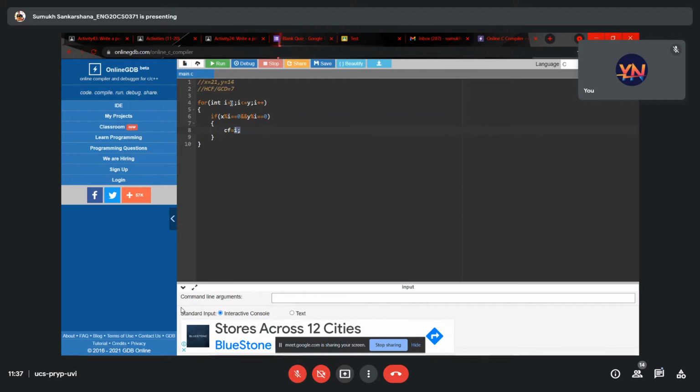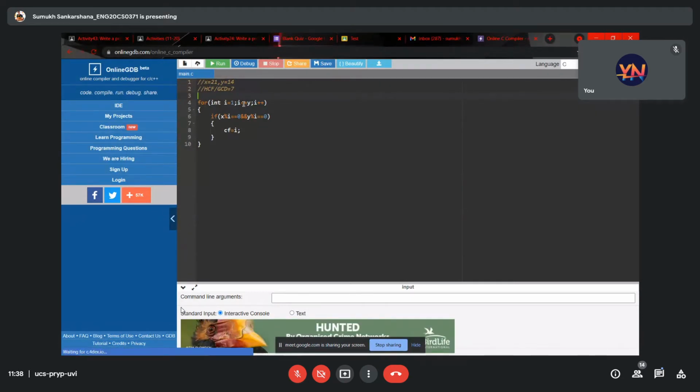You can do this in two ways. You can reduce the number of iterations by starting from 2 and initializing CF as 1, because we know every number is divisible by 1. You can do that, or you can just do this. It's going to be the same. And one more thing: since we always have to take values from the user, and here I took an example, how do you know which number is greater or which number is smaller? What do you use here?